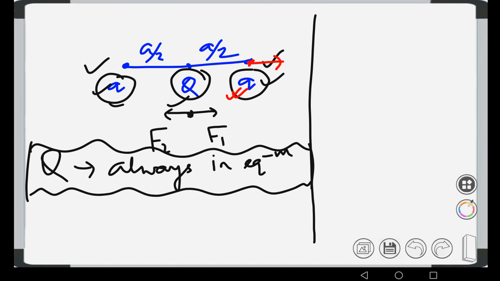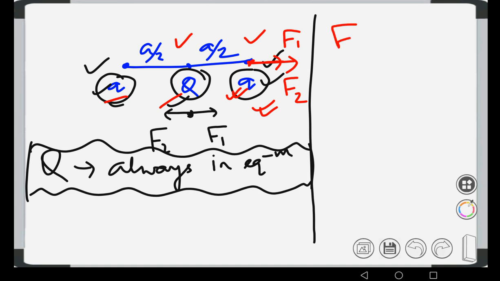Suppose the small q is applying force in this direction F1, and this capital Q is applying this force, which is F2. From the figure we can see clearly that if both the forces are in the same direction, then the net force on small q cannot be 0. So you can already see that capital Q must be of opposite sign to small q for bringing small q in equilibrium. But that will come automatically from the equation.